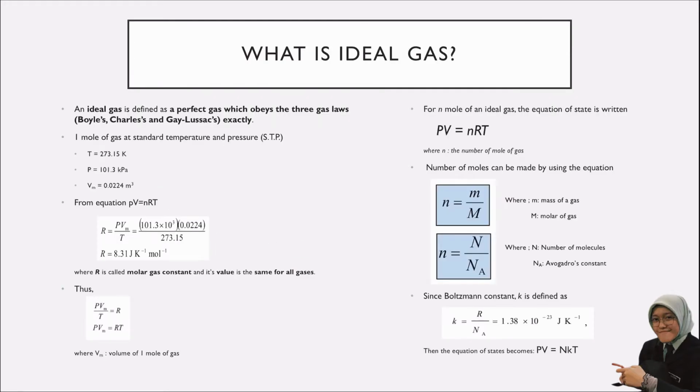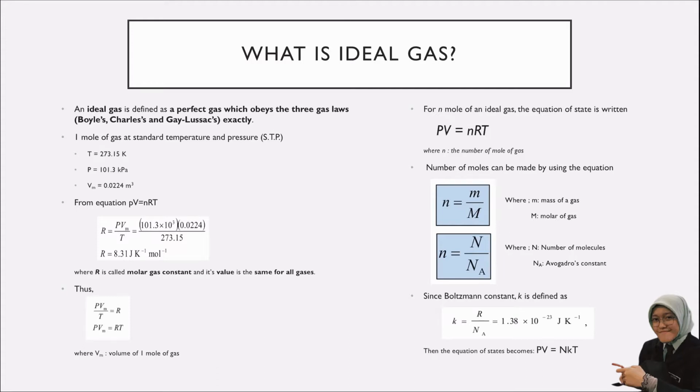So next, what is ideal gas? An ideal gas is defined as a perfect gas which obeys the three gas laws, which is Boyle's law, Charles' law, and Gay-Lussac's law exactly. So 1 mole of gas at standard temperature and pressure STP, which is T equals to 273.15 Kelvin, pressure at 101.3 kilopascal, and volume of 1 mole of gas, which is